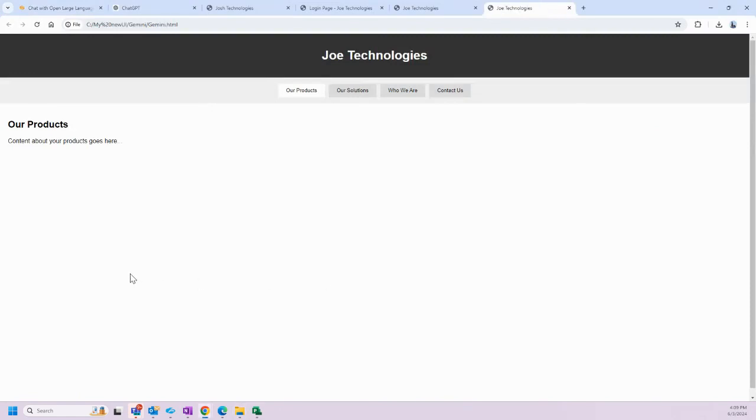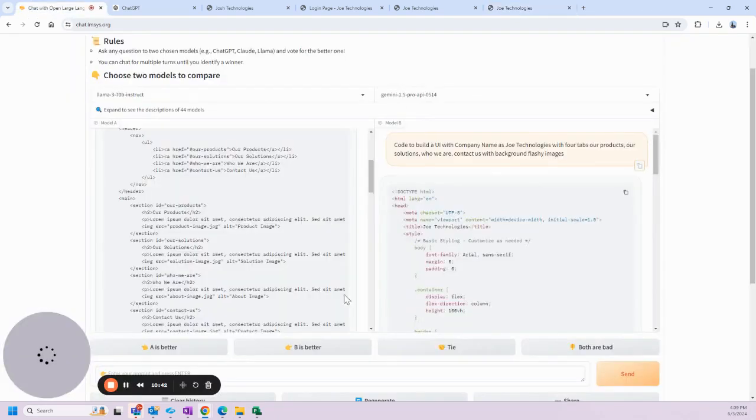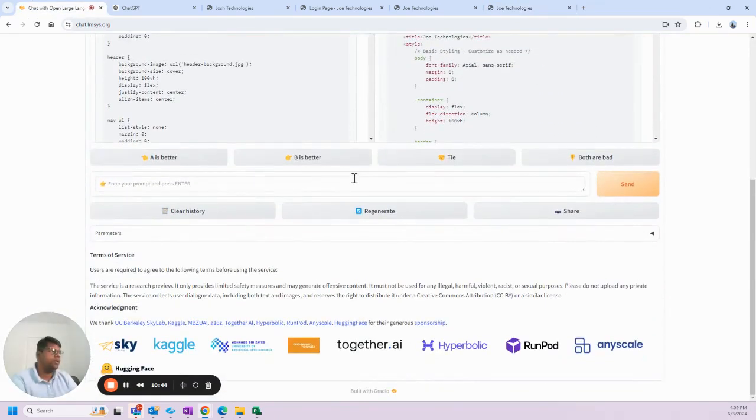Okay, nice. We do have a very brand new web page user interface or a screen, where you have the four tabs as we asked: our products, our solutions, who we are, and contact us. So everything is there. Here you go. You have all the information. But again, if you want to fine tune this page further, you can go here and we can give another input. So what you can ask, add the description as